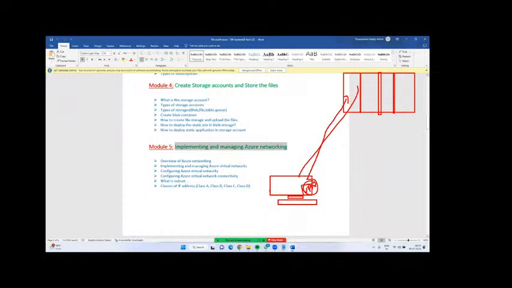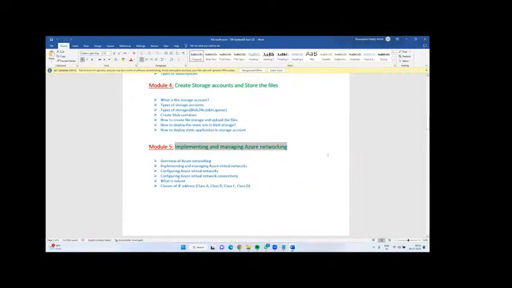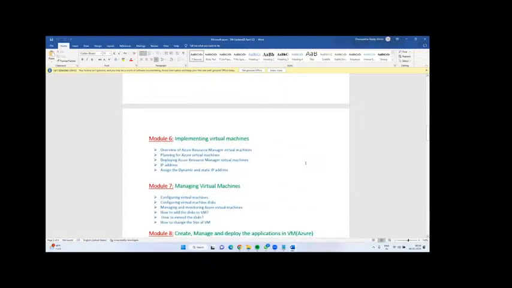So how can we create our own VPN, virtual private network? How can we host those services within the private network and access them within the network? That all we will see in the networking topic. What is the virtual network? What is the subnet? How can you enable the rules? Ports. Next, how to associate these ports with a particular network. That is module 5.